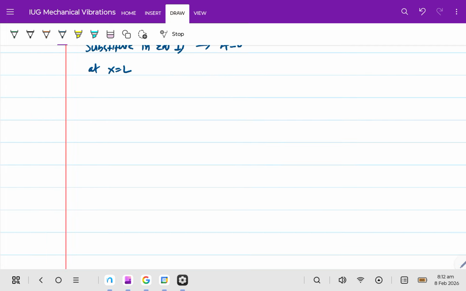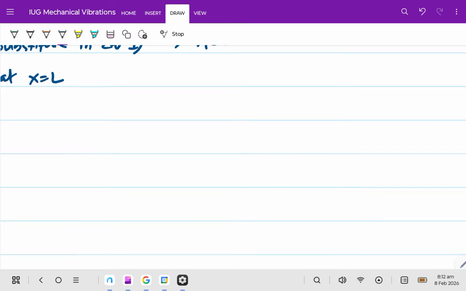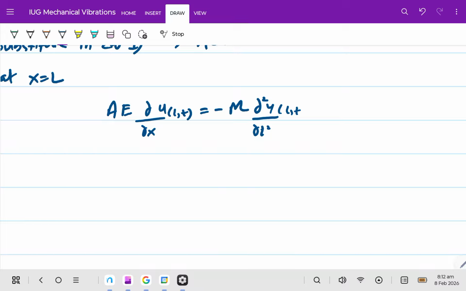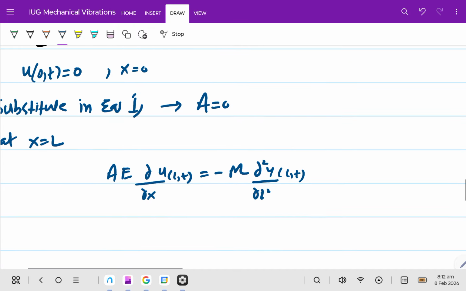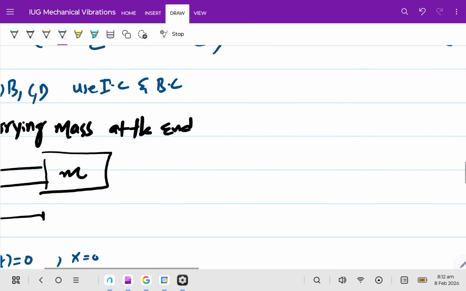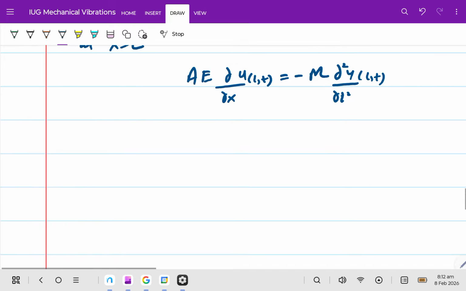In that case, our equation will be AE partial derivative of u with respect to the position at the other edge, minus m partial square u over partial t square, again at the position L. Using equation 8.51, which is equation 1, this equation can be expressed as,